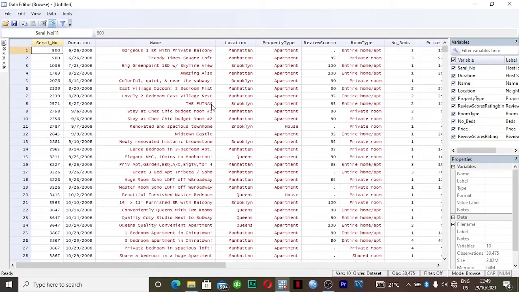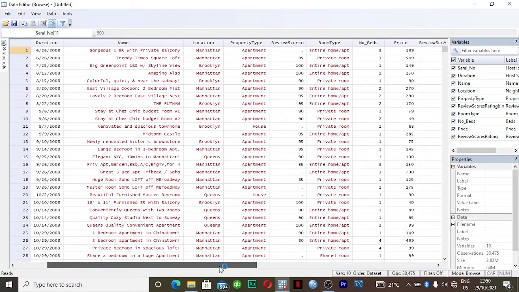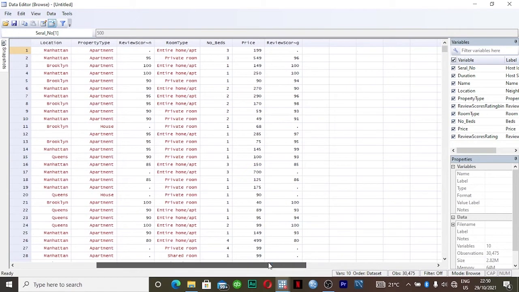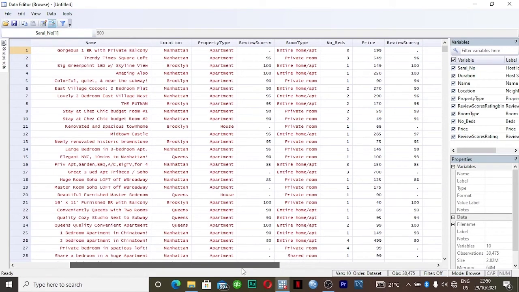So I go back to my browsing window, and as you can see there are some missing values in location, and there are some missing values too in review score.